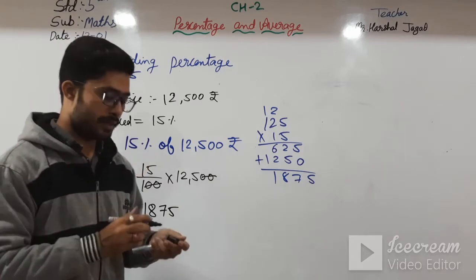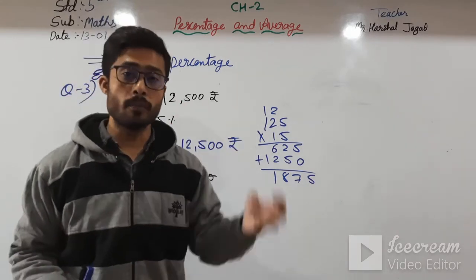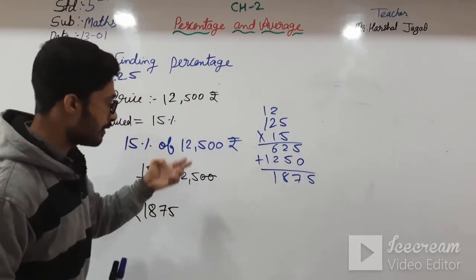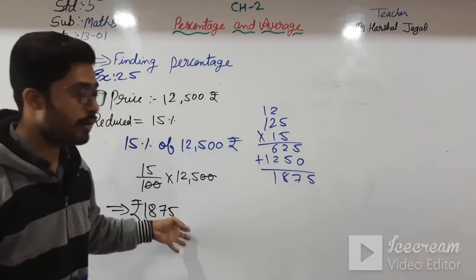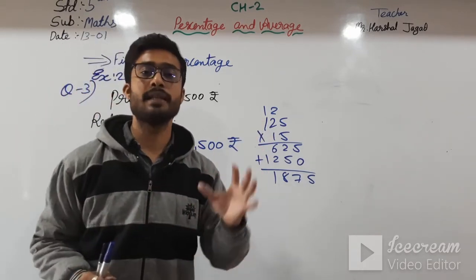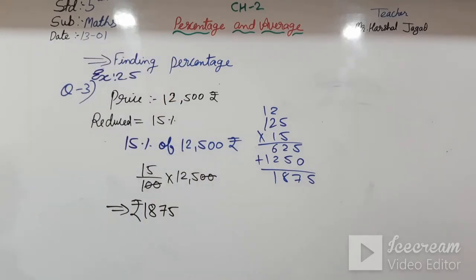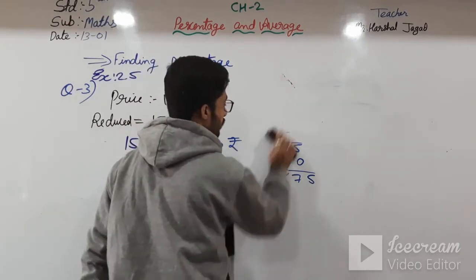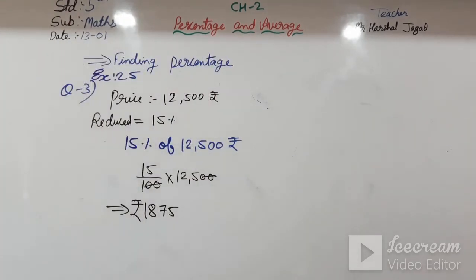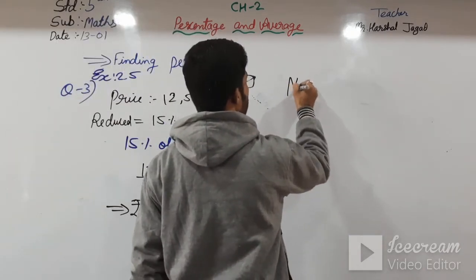1,875 rupees. And now we have to find the cost of that television, the new price of that television. So what we will do? We just subtract 1,875 from 12,500. Then we will find the new price after the discount. Okay, so let us do that. So over here, the new price